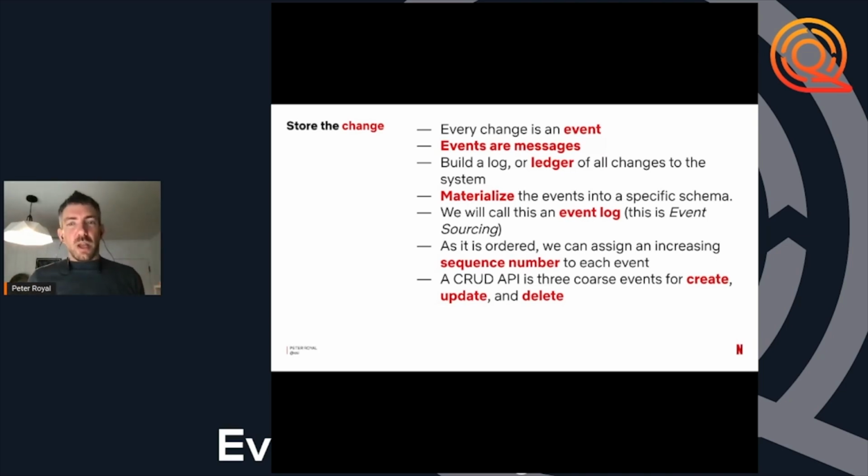For folks that are used to a CRUD API, when talking to them about bringing them into this fold, go to the realization that your CRUD API is really just 3 events: create, update, and delete. If you have an existing system that you want to bring in this direction, that's a fair way to start. You can start with those 3 events and then get more fine-grained as you go on into the future. Because with events, you can start to add new events to capture new things as time changes. You aren't stuck with whatever schema you had when you started out.